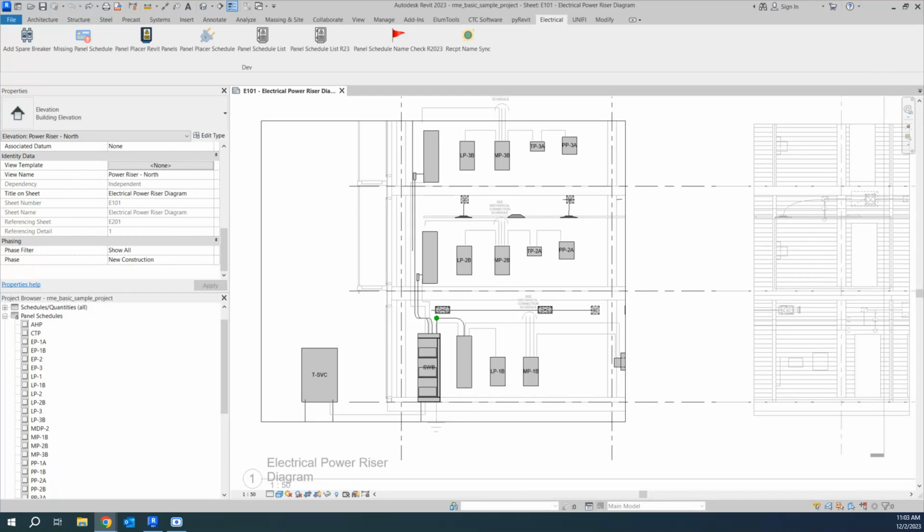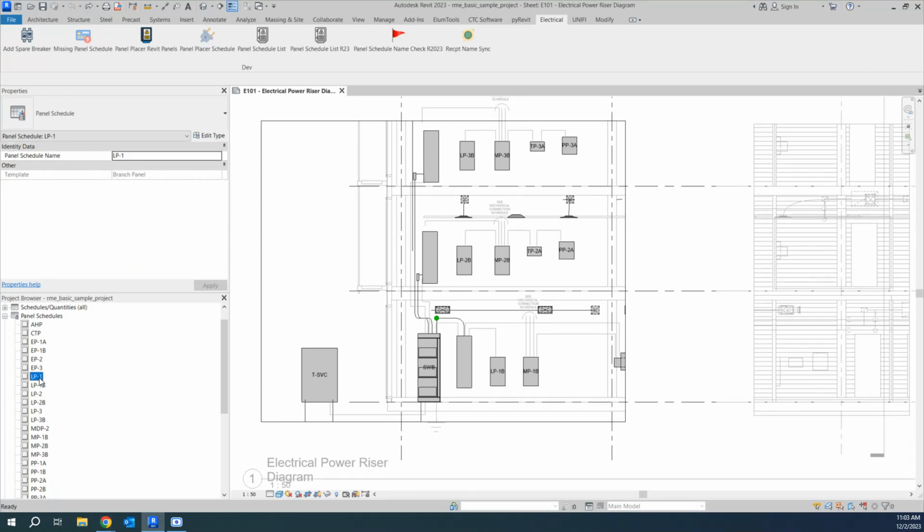I've got another add-in for you today. It's a good one if you are coming in late in a project and there might be duplicate panel names that you're not aware of. Someone may have forgotten to change the panel schedule name down here. What it's going to do is compare the floor plan name to the panel schedule name here